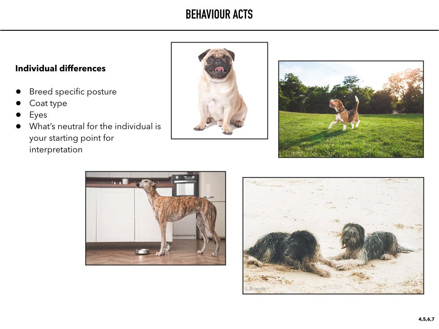Lower than neutral body posture is often seen in insecure or anxious behavior, and higher posture is seen in confident or offensive behavior. However, this is not always the case. Behavior acts are often called calming signals or stress signals, yet without looking at other factors, we should not make conclusions about the meaning of these acts.